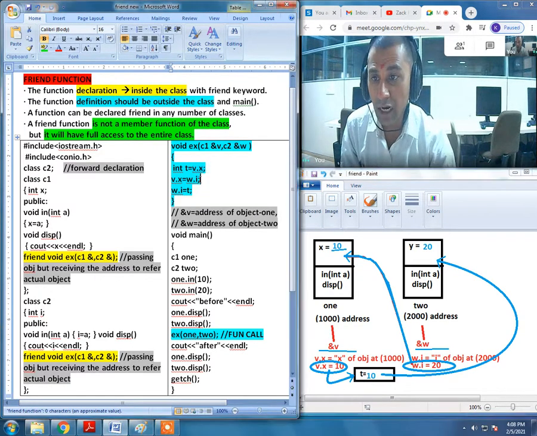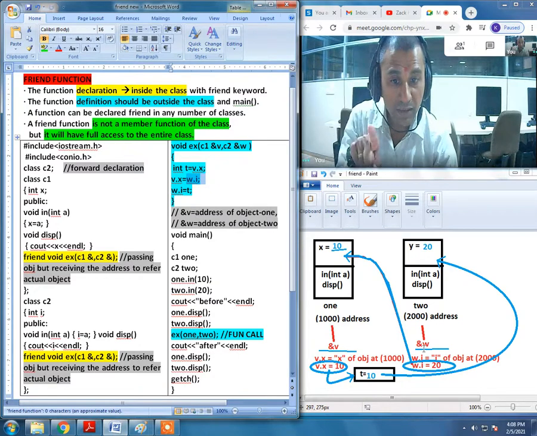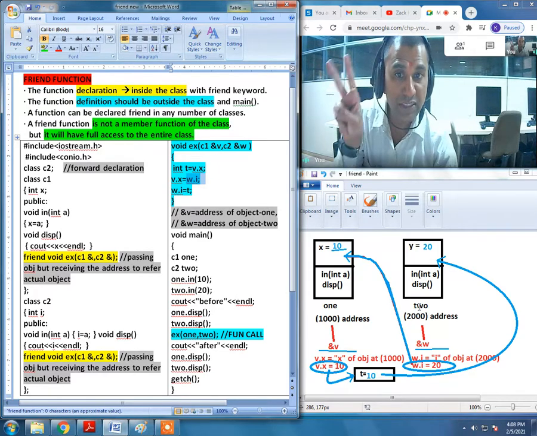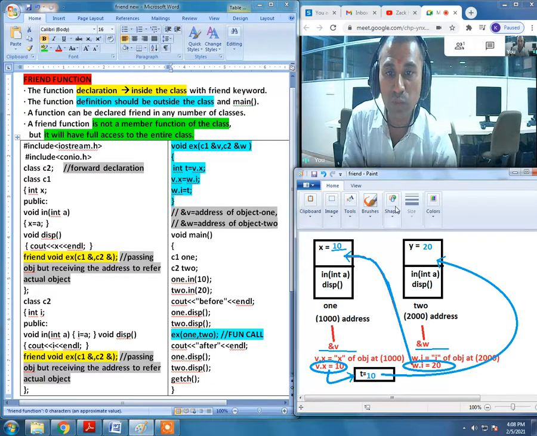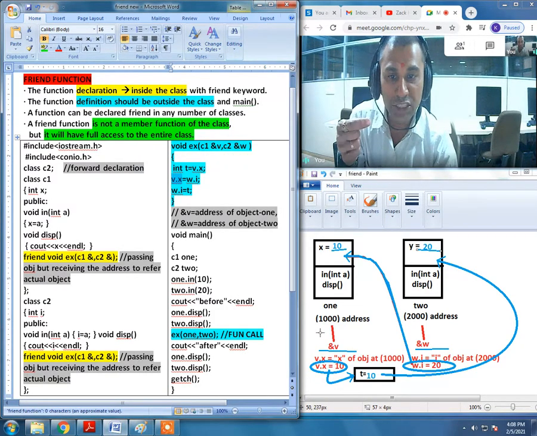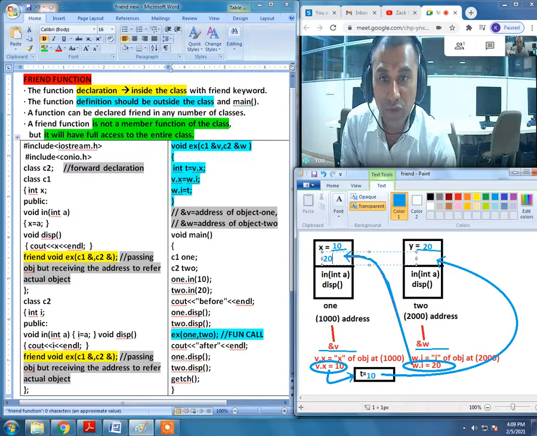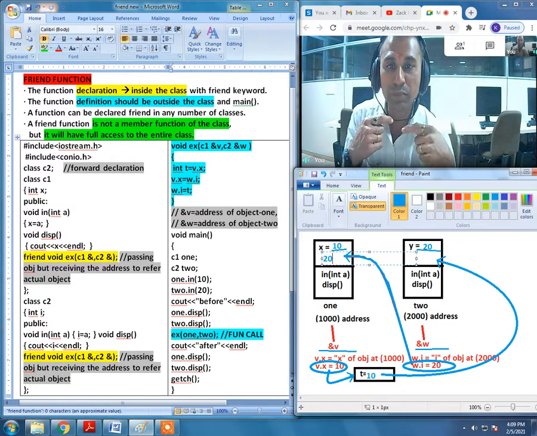Right next to that, another thing, that is W dot I. Same simplification, same cycle. Ampersand W is pointing to the address 2000. On that address we are having object 2. Inside that object, in the I variable, we have the value 20. So this 20 value is going to be copied where exactly? To V dot X. That means to the location where ampersand V is pointing, the object right there. That means the value 20 is being copied right here. So this will be the new value for the variable inside object 1.